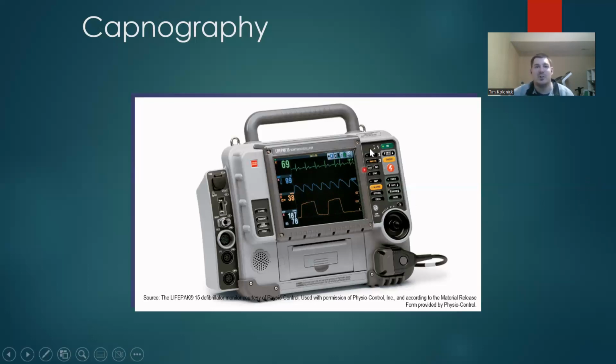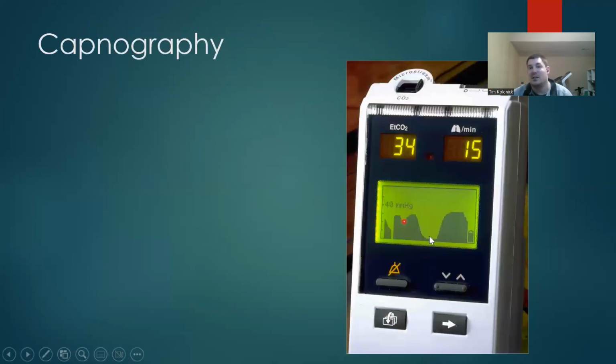So this is one way. This shows it on the LifePak 15. Pretty much all of the monitors that are currently available out there have end tidal monitoring on them. But there are other methods if you don't have a monitor to do. There is the pulse ox, like we have handheld pulse oxes. There's handheld CO2 monitors. And again, monitoring the CO2. The nice thing about monitoring end tidal, it usually monitors our respiration rate also, so that is helpful when we're